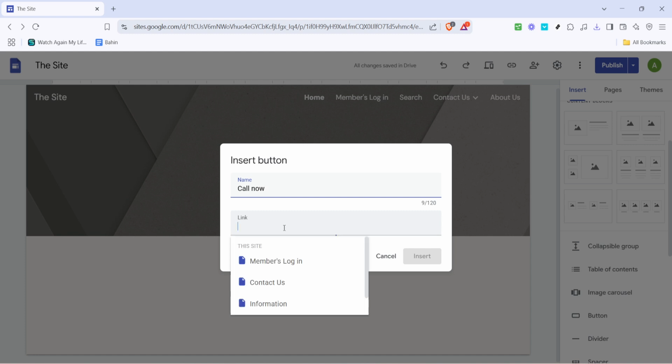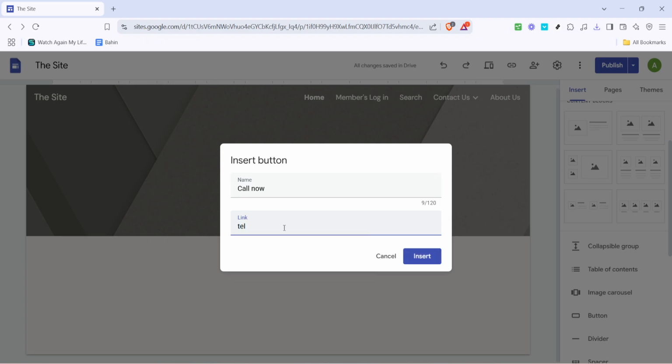Now comes a key part of the process, linking the button to your phone number. In the link field, you'll need to enter a specific format so that clicking the button actually initiates a phone call. Type in TEL plus, followed by the full phone number you want your users to dial. For example, if your number is 10234567890, you would write it as TEL plus